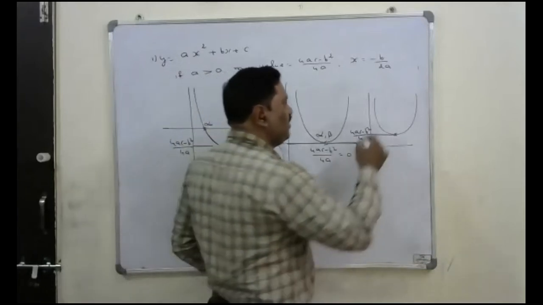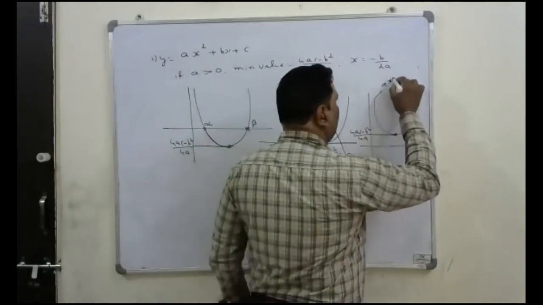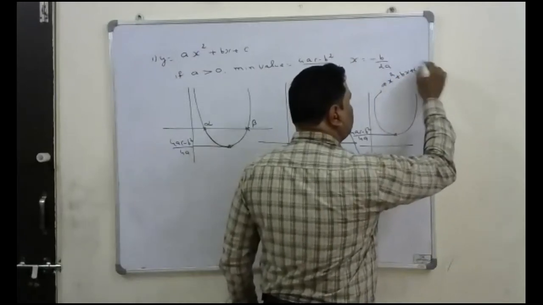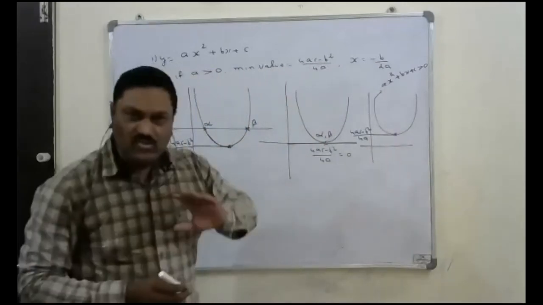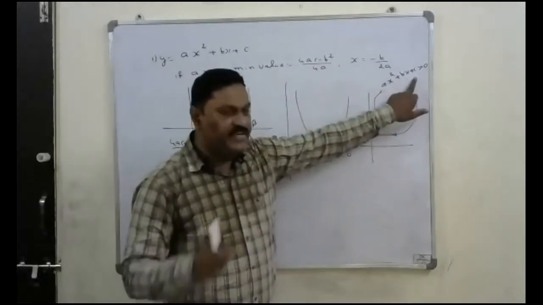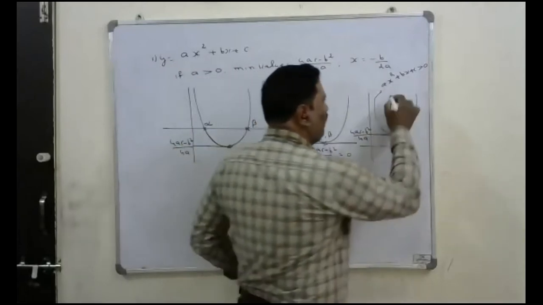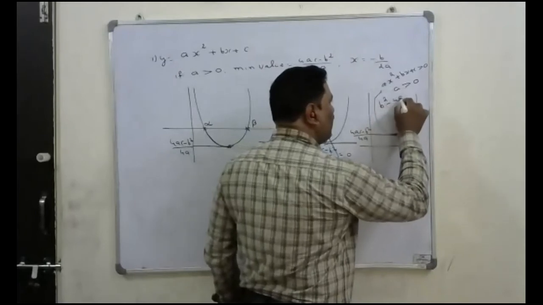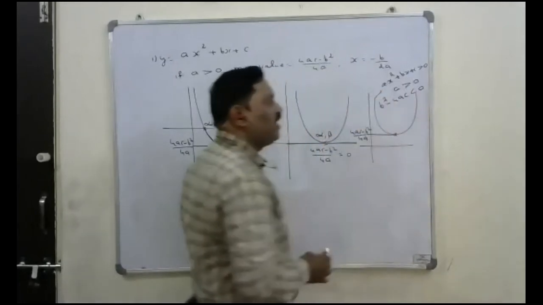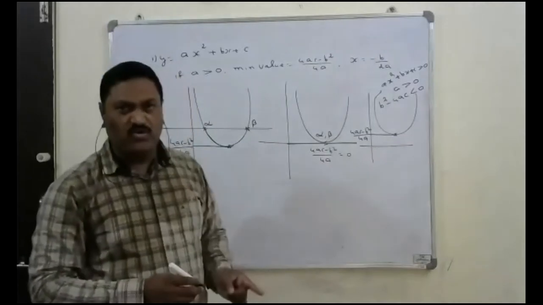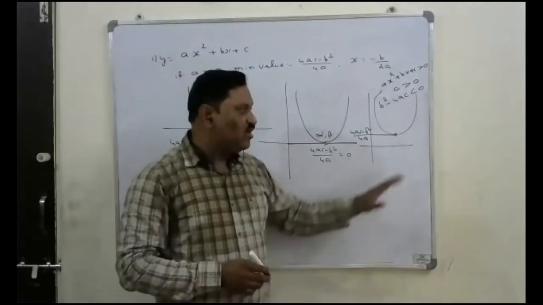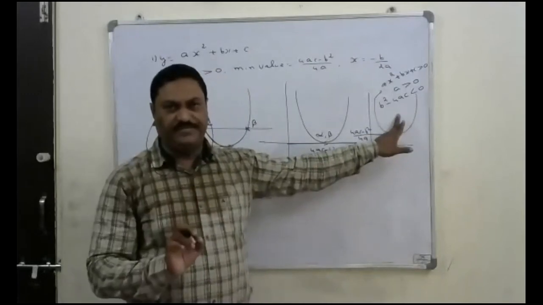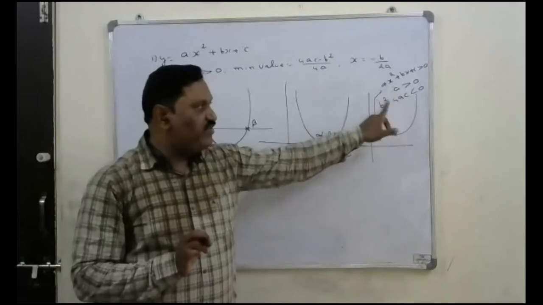In certain cases, that expression, that is ax square plus bx plus c, is positive for all x belonging to R. For all the values of x, that expression is positive, and the coefficient of x square is also positive, then the condition is that b square minus 4ac is negative, because it doesn't have any real root. It doesn't have any real root, meaning the roots are complex. When the roots are complex, this is the condition. Understood that? So this is very, very important.